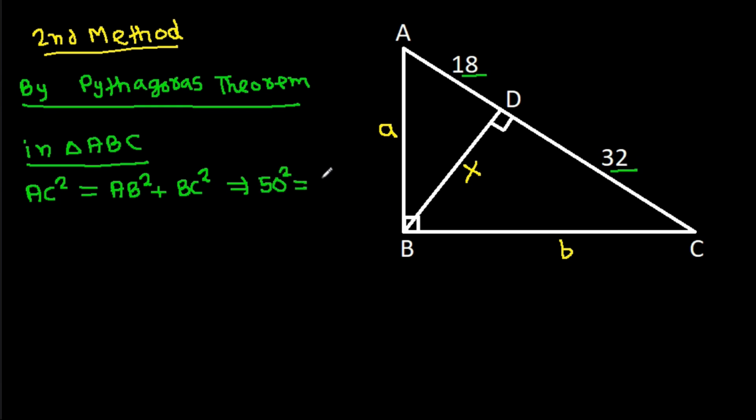It is equal to AB is A square plus BC is B square,